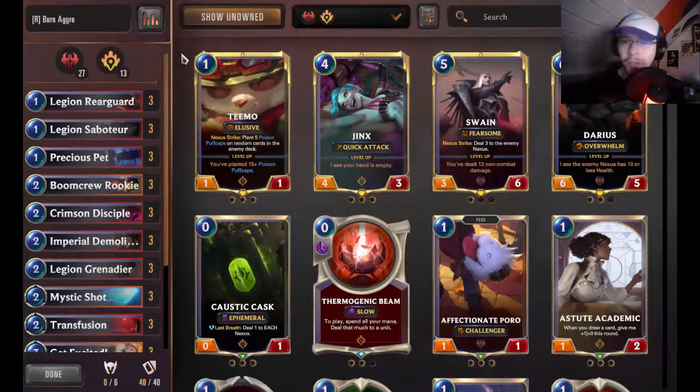Like if the enemy can stall you to the mid, and especially to the late game, then it's just over for you. Because, you know, you don't have anything to basically deal with. And also, one thing that you...